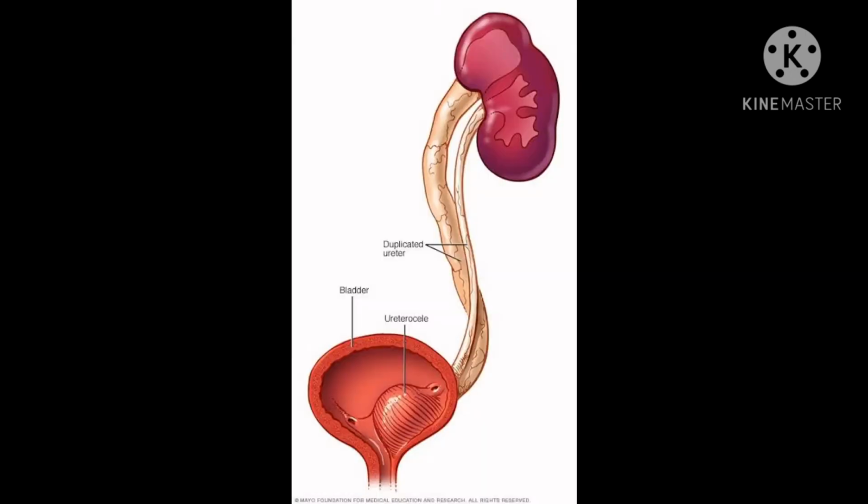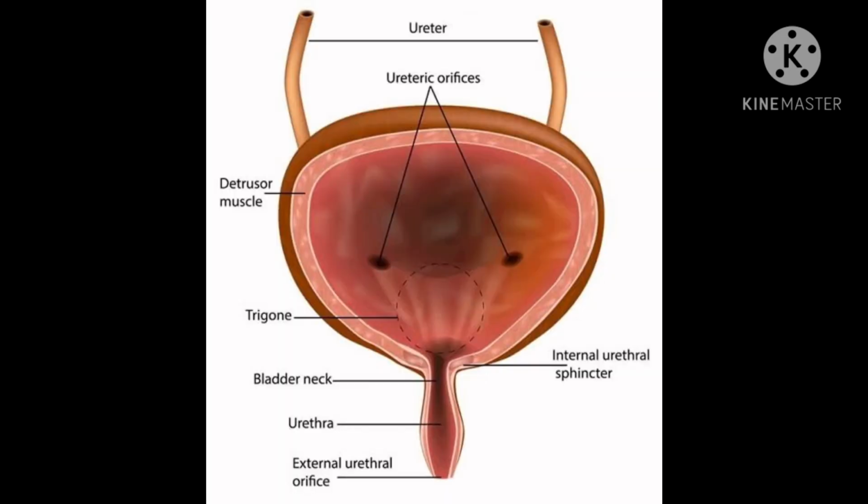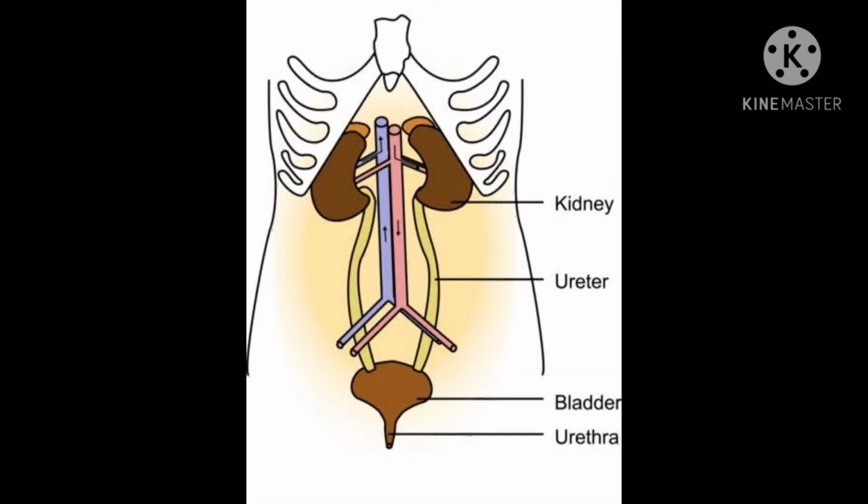Our next organ is the ureter. A tube called the ureter comes out from the inner margin of each kidney, and this carries the filtered urine from the kidney to the urinary bladder. Next is the urinary bladder. The urinary bladder is a sac-like structure, you can see in this picture, and it is made up of muscles. Urine is collected in this bladder, and once the bladder is full, urine is removed from the body through the urethra. So all these organs make up the excretory system.